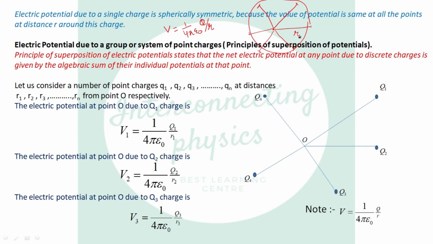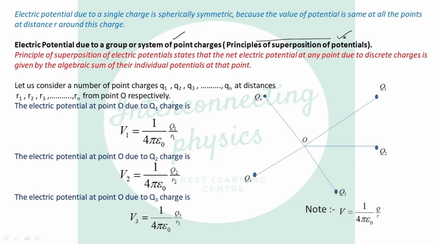It means if r is constant, then the electric potential due to a single charge is spherically symmetric. It has the same value at all points on this sphere, because the value of potential is the same at all points at a distance r around this charge. Okay. Now, electric potential due to a group or system of point charges, that is the principle of